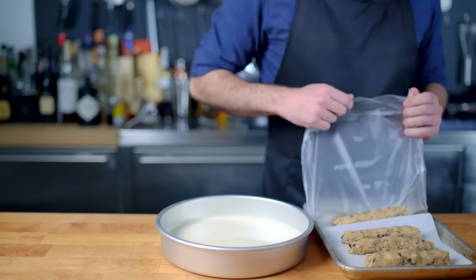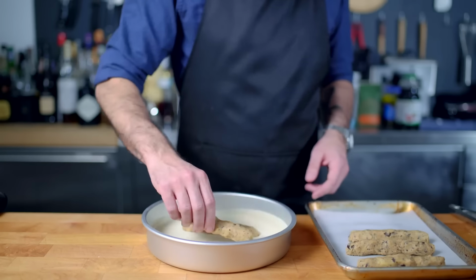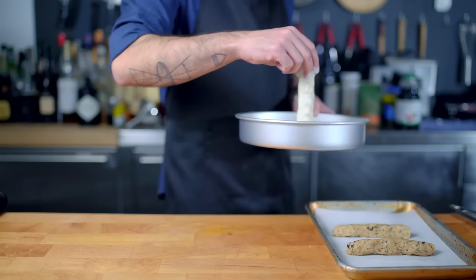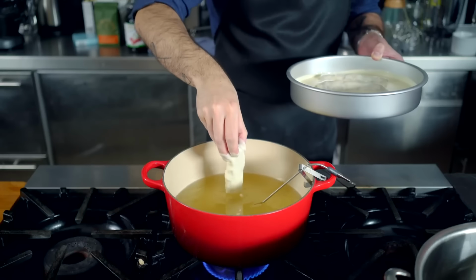Then it's time to retrieve our cookie dough logs from the freezer and give them a batter bath. You might be asking yourself, why are we battering this cookie dough before frying? And that is to protect the chocolate from the heat of the oil, which would just melt it out and destroy it otherwise. Speaking of which, we've got 1 quart of vegetable oil heated to 375 degrees Fahrenheit, into which